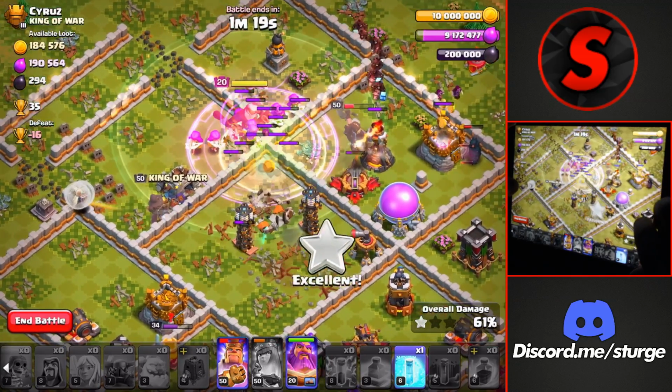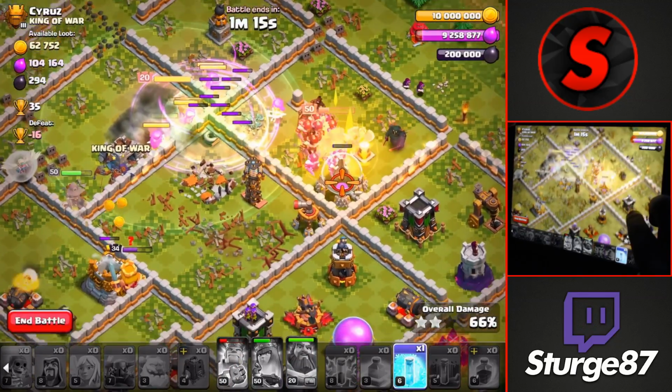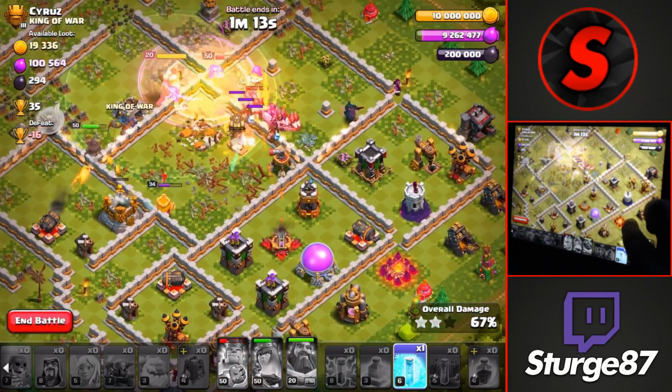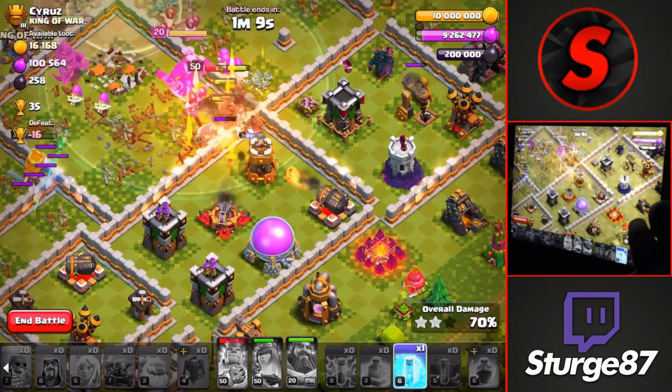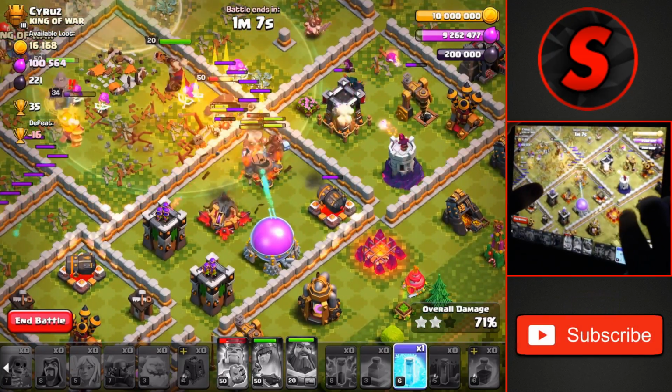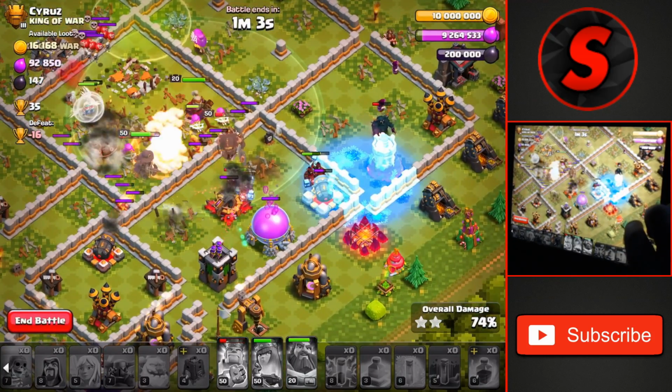take down the Town Hall and the Teslas around there. We'll also use the Warden ability through that giant bomb to keep all of them up, as well as the King's ability through the Inferno Tower, which was on single over on that right compartment. The Clan Castle Hogs come out and they will join up with our Super Archers, taking down the rest of